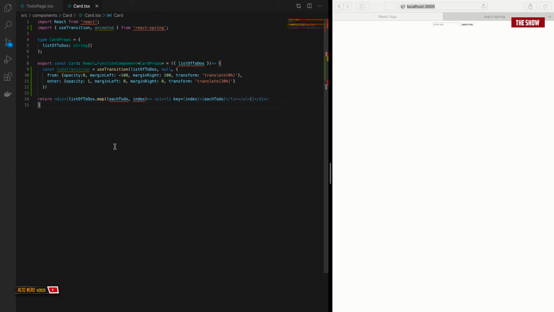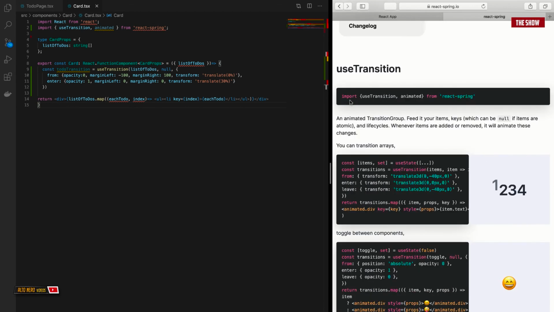So basically what we've done out here, let's go to the React Spring API. The useTransition takes as the first argument the list or an array of anything that you want to transition from one state to the other. That is the first argument that it takes. The second argument that it takes is a function that returns a key. We do not have a key for simplicity, so I left it as null. The next parameter that it takes